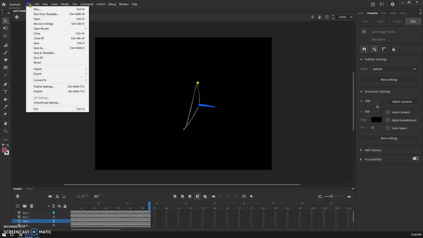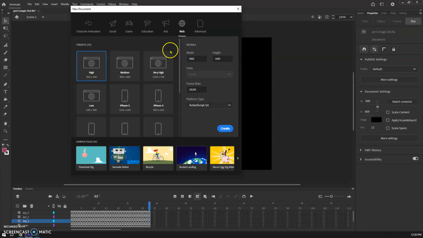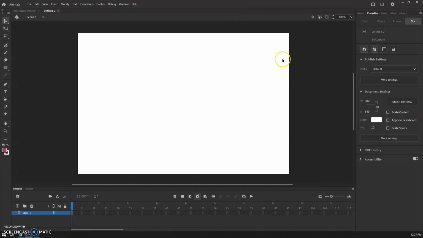I'm going to go ahead and open up a new canvas, and for this I'm going to choose a web size. Really, any of these are fine, but I'm going to go with web high, and I am going to change my frame rate down here to 12 frames per second. It probably doesn't matter too much, but since we're doing a simple animation, I think 12 per second is good. So for every 1 second, we're going to have 12 frames in there. Our goal is to do about 4 seconds worth of animation, and that is going to be about 48